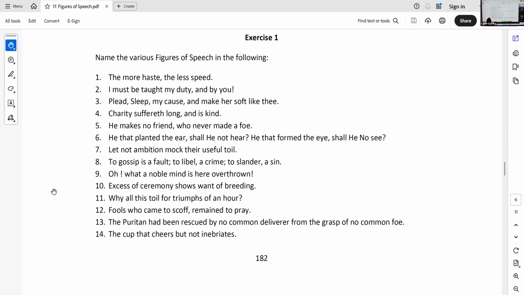Hail, smiling morn. ये तो exclamation ही होगा. नहीं, smiling morn is personification. Morn represents morning. If morning is smiling, it is personification. And when you're speaking to someone personified, it is apostrophe. So can you see how I'm arriving at the answer? I can see smiling morning, personification. Hail, you're speaking to the smiling morning. It is apostrophe. Clear? Chalo, complete till 36. I will discuss 5 minutes more.